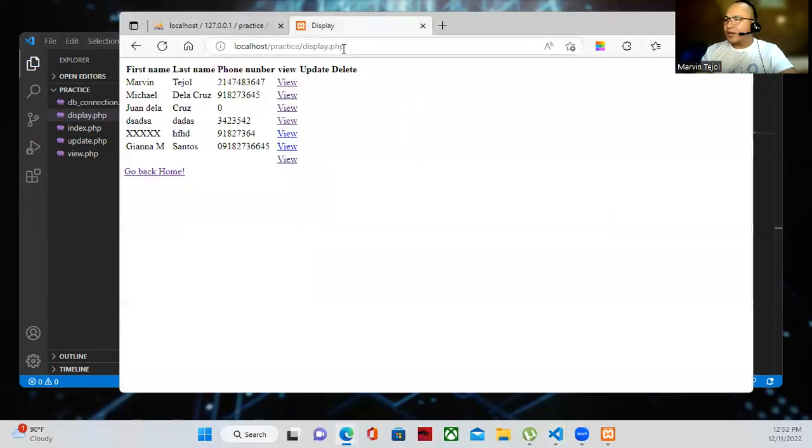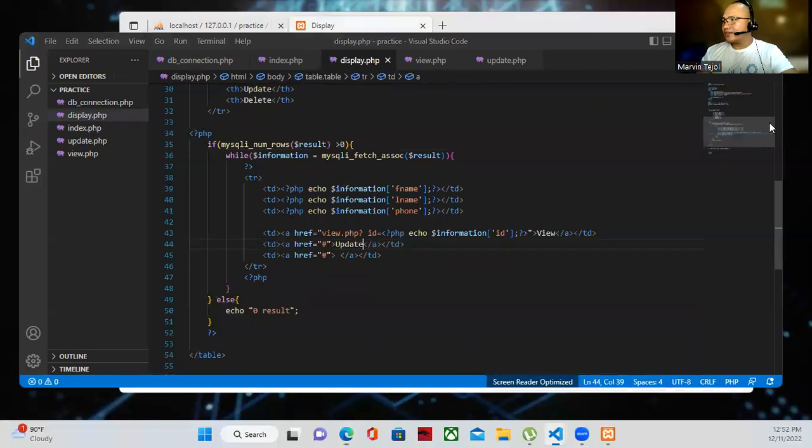So go back here. So may mag-display na update, no? Ayan, nagdi-display na si update. So go back here. So wala pang functions 'yan, walang address. So yung address niya, yan, no? Nilagay na yung SAR number. So dito, ito yung siya ang ano natin. So yung link, direct link niya is